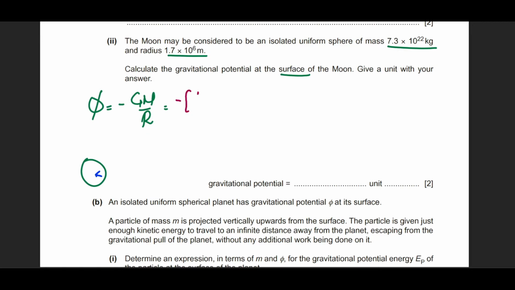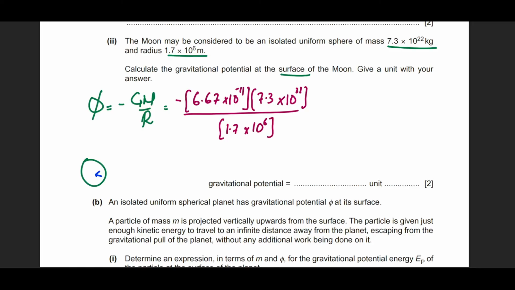So 6.67 times 10 to the power minus 11, the gravitational constant, multiplied by mass, divided by the radius, which is 1.7 times 10 to the power 6. Now I say radius, but this is actually a distance. Again, in comparison from the center of the mass to this is infinity, and this distance is the surface of the moon itself. So how much energy will it possess? How much potential will it have? So when you calculate this, this comes out as negative 2.9 times 10 to the power 6 joules per